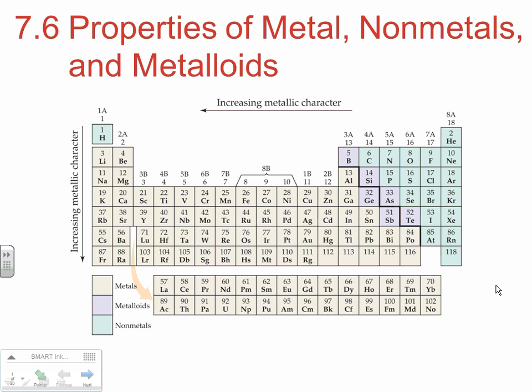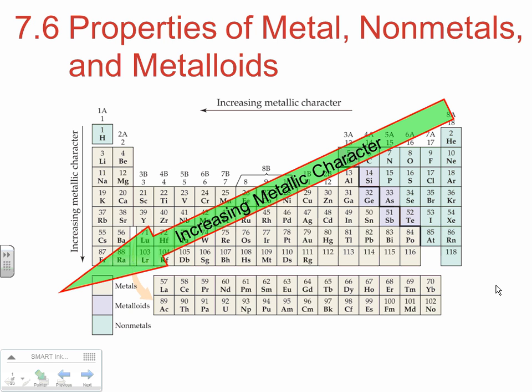And as you go down within a group, it's not about effective nuclear charge, it's really about increasing n and what that does. As the atoms get larger, those electrons on the outside, by Coulomb's law, are more weakly held onto. So once again, it becomes easier to pull off electrons. So going to the left, you become more metallic, and going down, you become more metallic. So one quick way to remember it is francium. That bottom left-hand corner is going to be your most metallic substances,